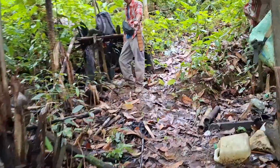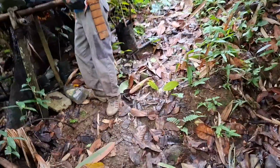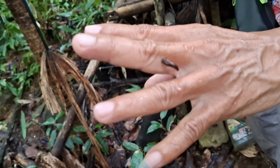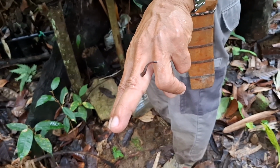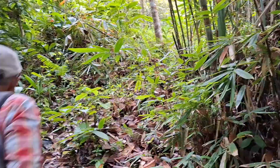I'm here with my friend Ringus, an elder of the Bidayut tribe, who already got the first leech. Look at that. Well, he's not using mosquito spray like me. Mosquito spray often also works for leeches. And he already got the first one after less than 5 minutes. This here is Mr. Ringus'